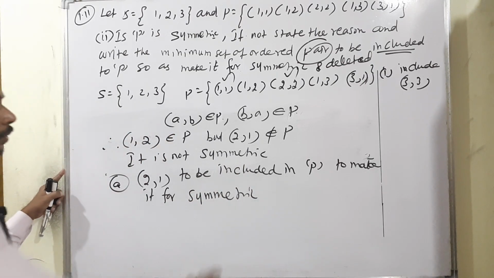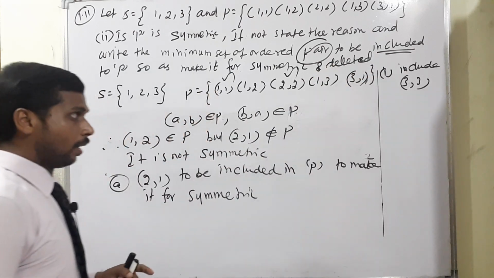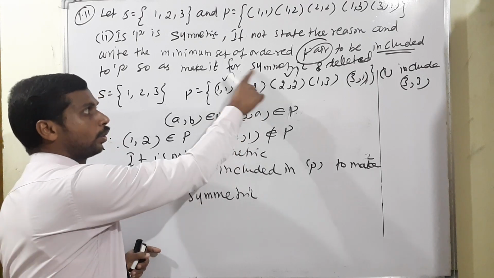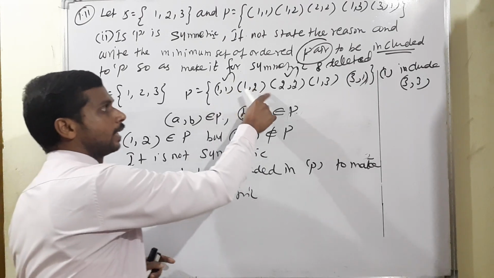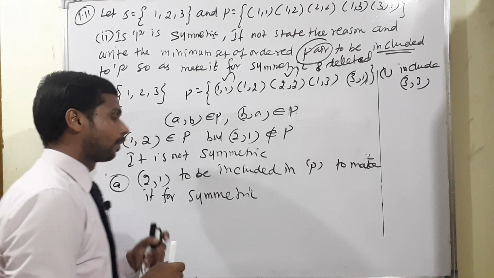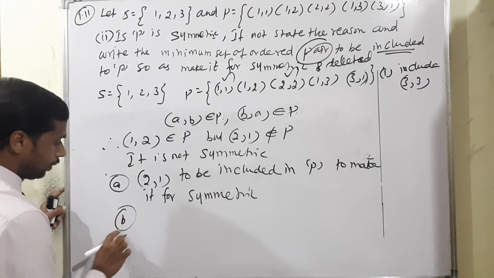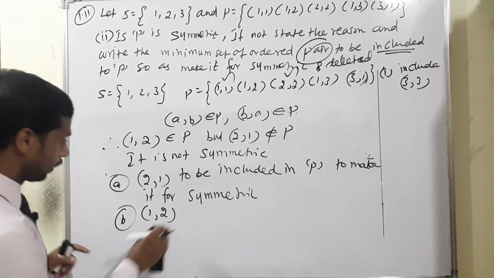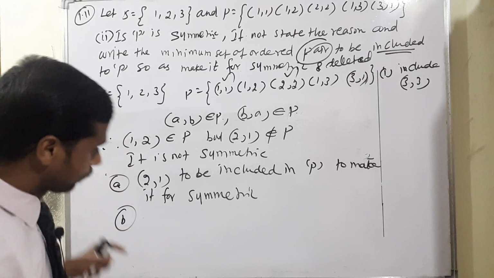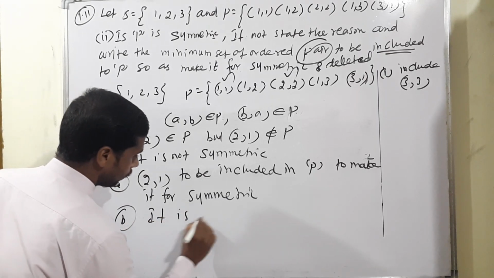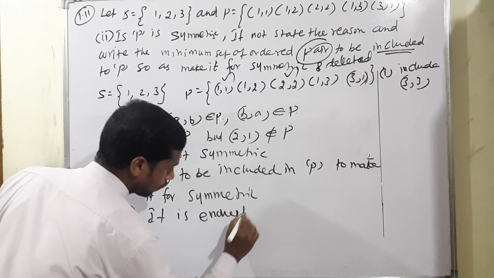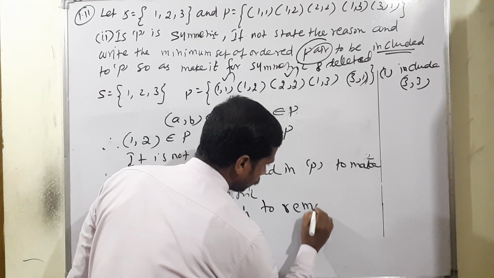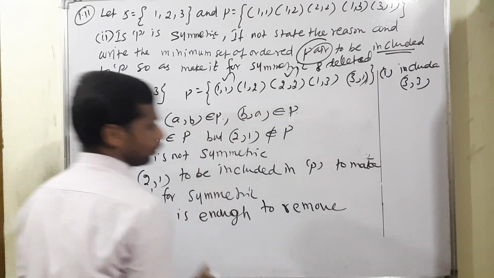Another question: deleted. Deleted means, so what is a pair? It's very difficult. If it is deleted, simply we can say no. If 1 comma 2 is not available in the set, definitely we can say yes, it is symmetric. Therefore for B, the deleted portion is 1 comma 2. What is the set? Remove 1 comma 2